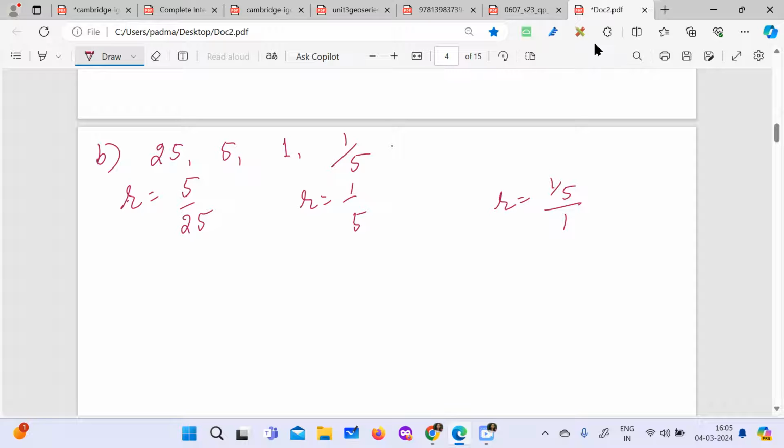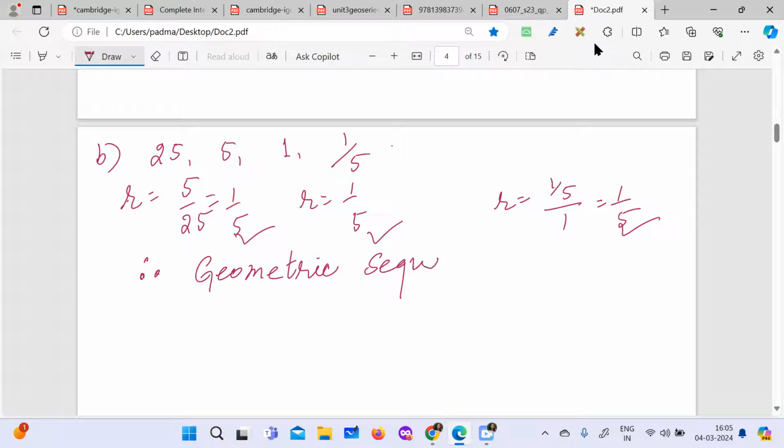Okay, let's figure out this one. This is 1 over 5. This remains as it is because we cannot simplify it further, and this one becomes 1 over 5. So you can see here the ratios are same. Therefore, this sequence is a geometric sequence. Got it? Yeah. Yes. Now, once we have figured out that this is a geometric sequence, let's find out the nth term. Okay, so what will be the nth term? Nth term rule is